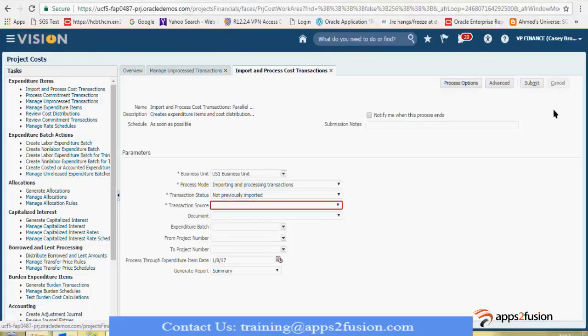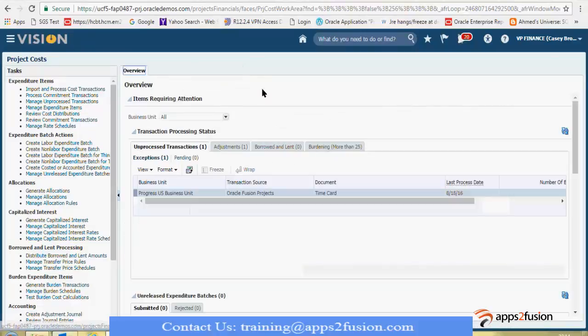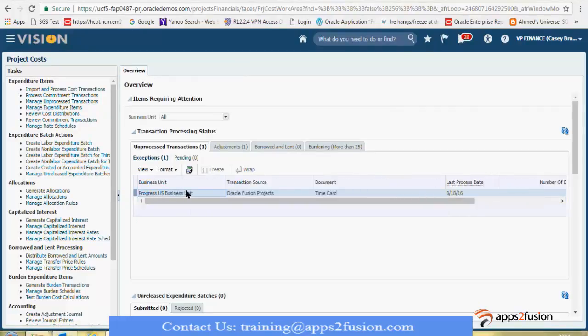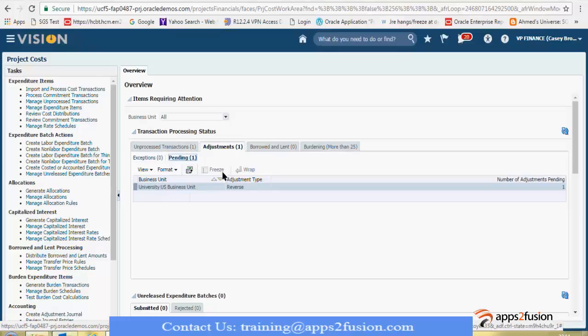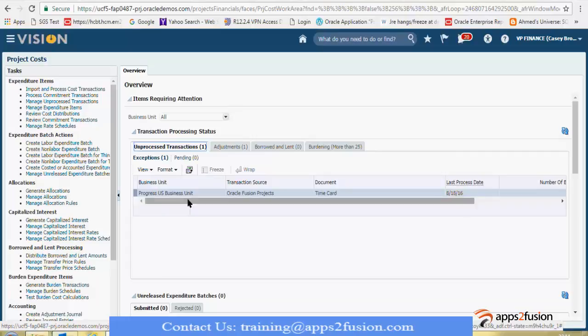Once this process is completed, that's where it goes and sits into the project database or the project table, saying that this is the cost. You can see any adjustments that you want to do. Unprocessed transactions over here as well.